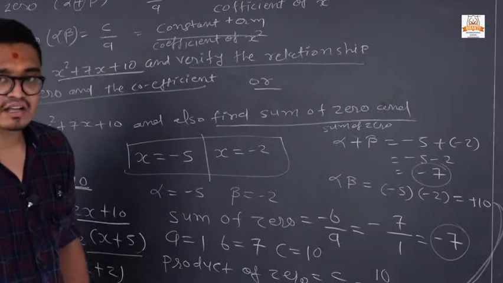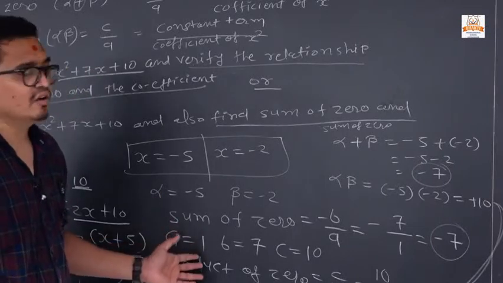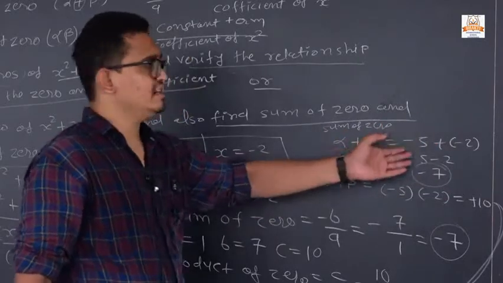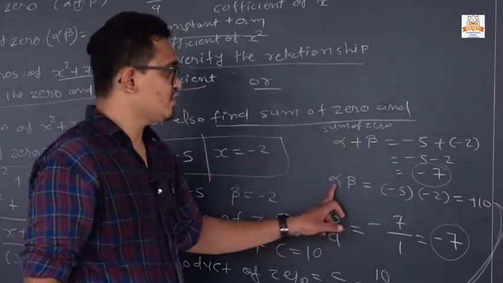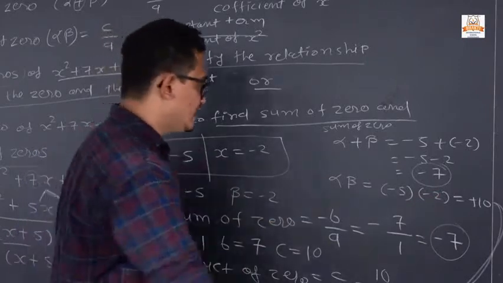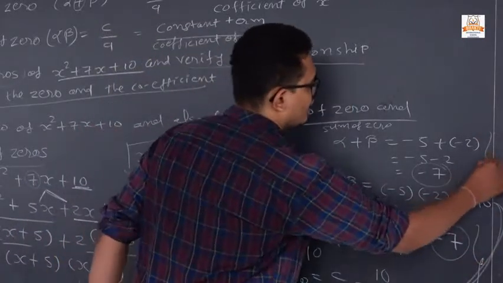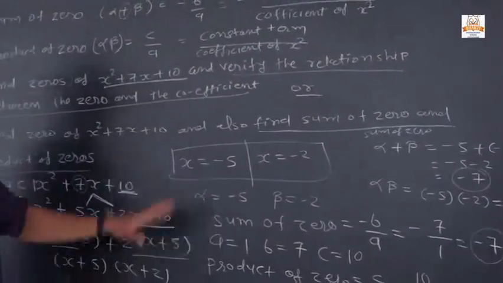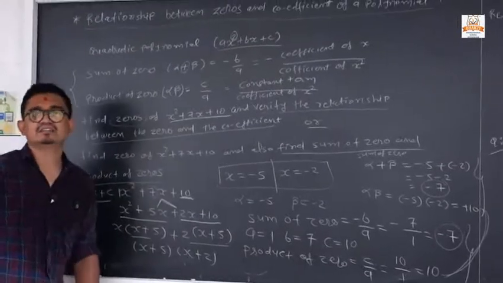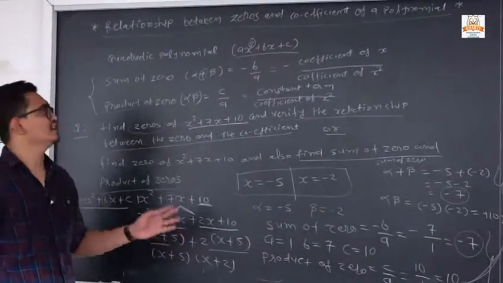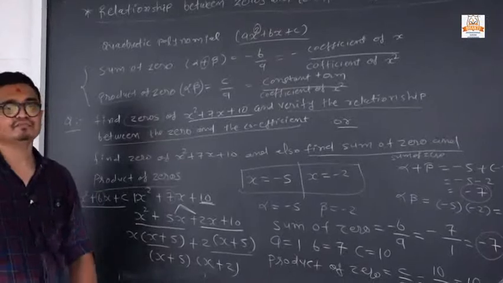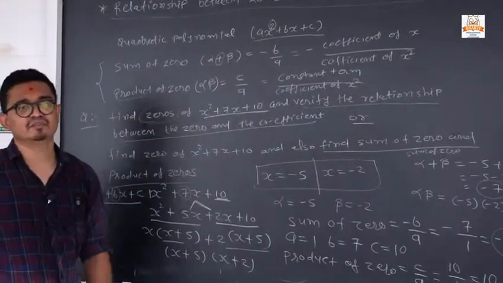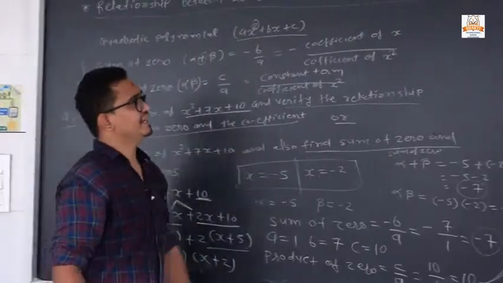So it means either you can use the formula, or you can directly put down the value of the zeros, and if it is a sum, we add, and if it is a product, we multiply. Either you use that formula or you can also use this. Clear? Both are the same. So it is our first portion. If they ask question number 1 of exercise 2.2, it totally depends on that. Question number 1 is the same as here, but the questions are changed now. Clear? So now we are going to our next portion.